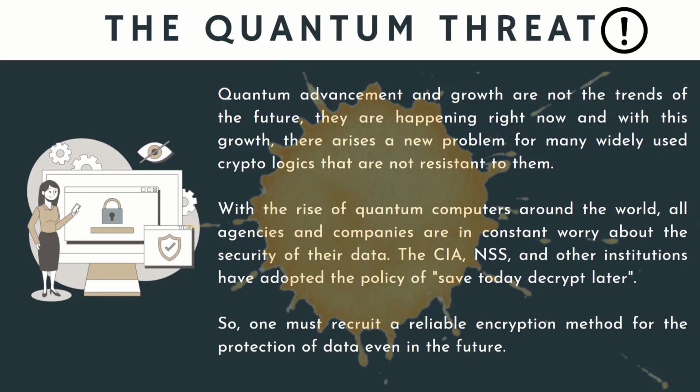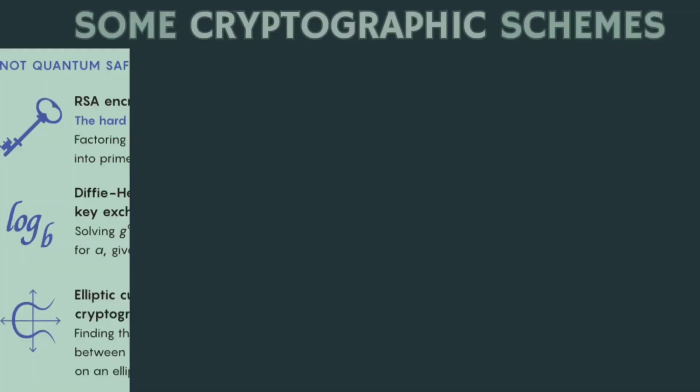Many internationally recognized institutes and agencies like the CIA and NSA have adopted policies in which they are trying to build, even NIST say they are trying to list down and get an idea of, and try to build such a crypto system that could withstand these quantum attacks from these robust systems. Okay, so moving on.